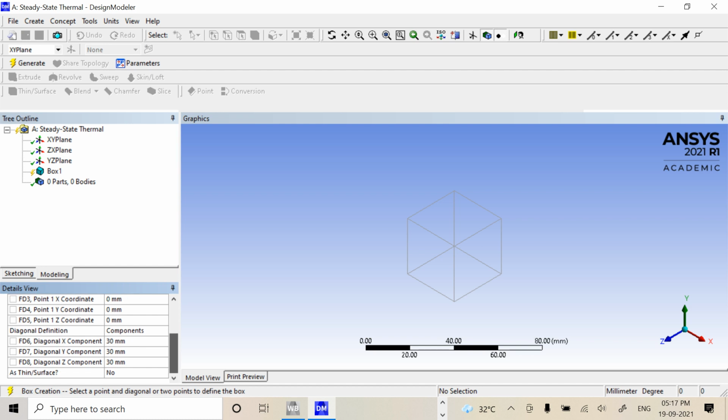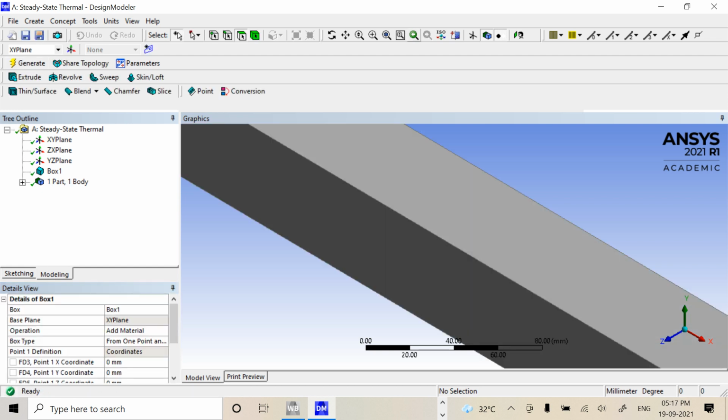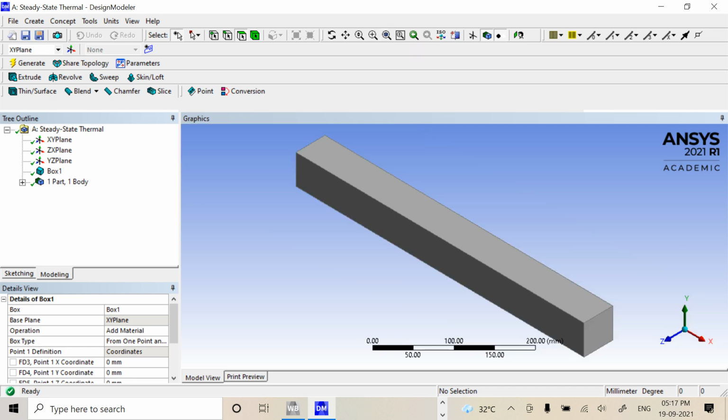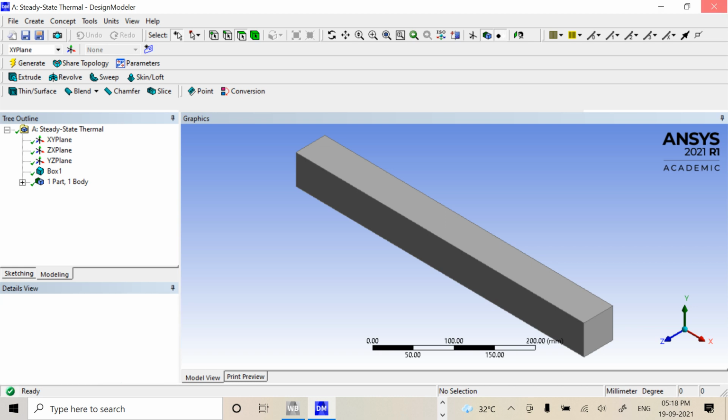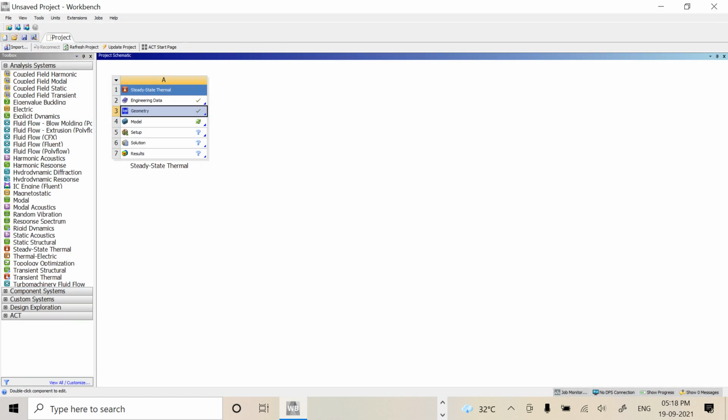Here we can give it 500 mm, and the rest as 50 and 50 mm. So we get a rectangle over here. Generate here, and we are going to click over here, zoom to fit. So our component is ready now. Next we are going to close it. So the geometry is showing a tick mark, showing that the geometry has been defined.